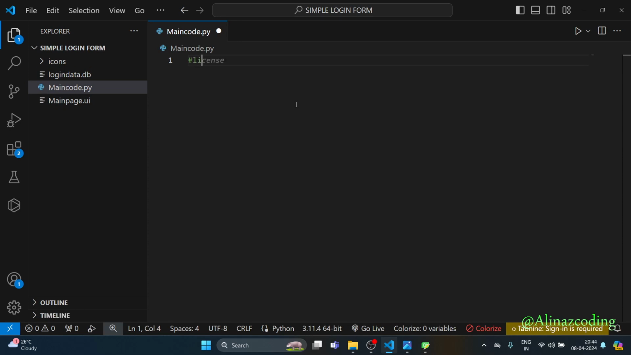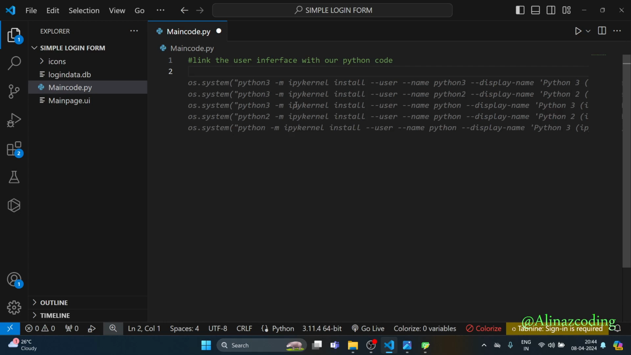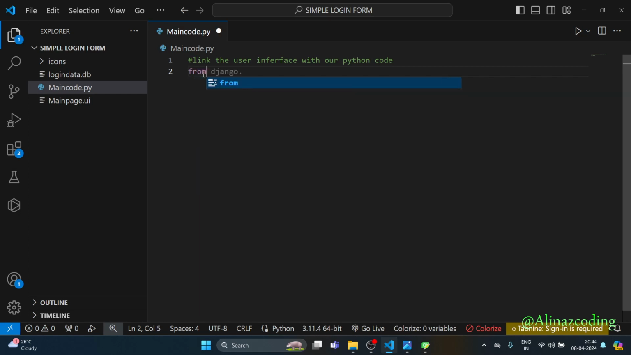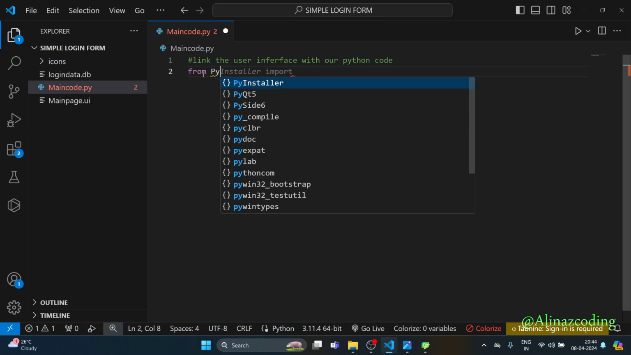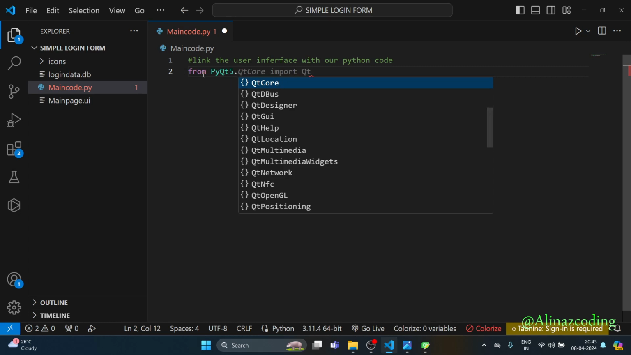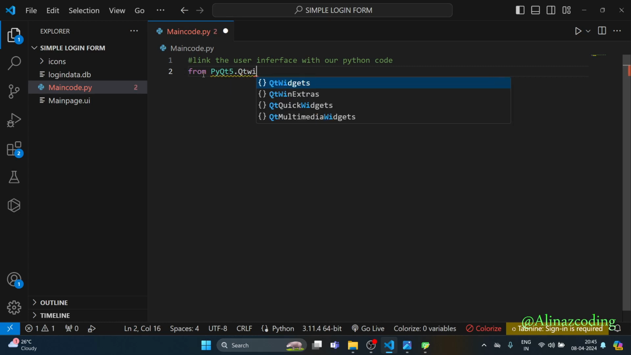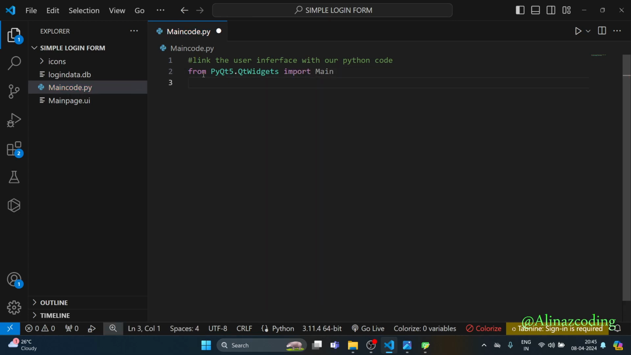First of all, we have to link the user interface with our Python code. This is our first target. So how can we link? For this we need some libraries that will help us. The first library is PyQt5. From PyQt5.QtWidgets, import QMainWindow,